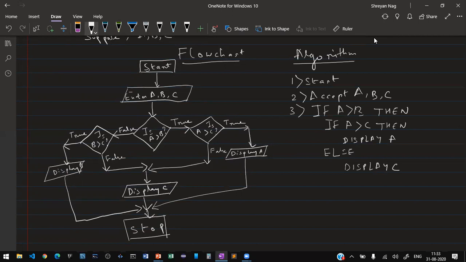If A greater than B, then this is the structure inside this part, up to here, which we have talked about. Then, moving outside this part, this false part, we'll define it as else.